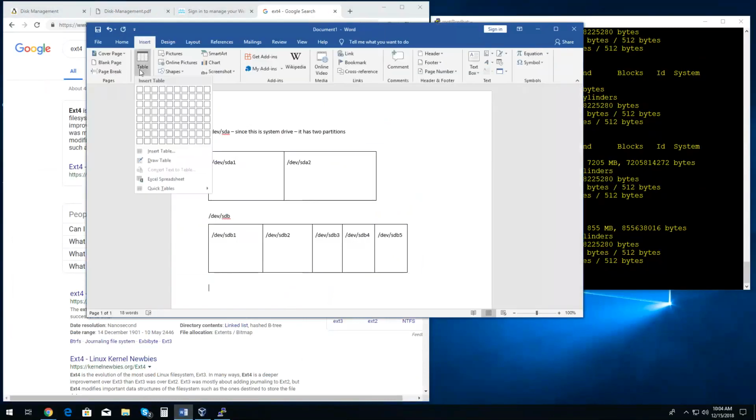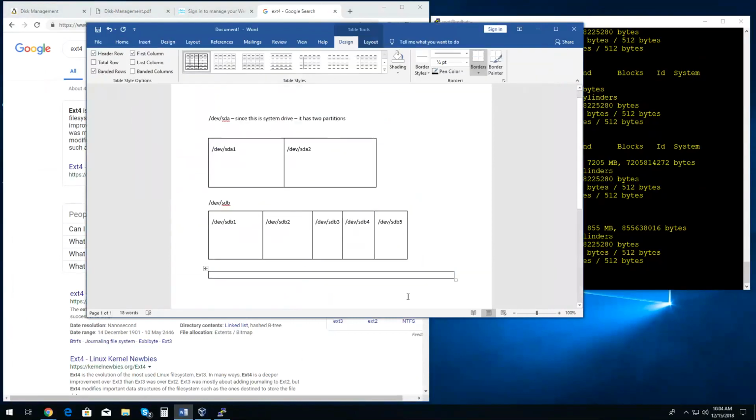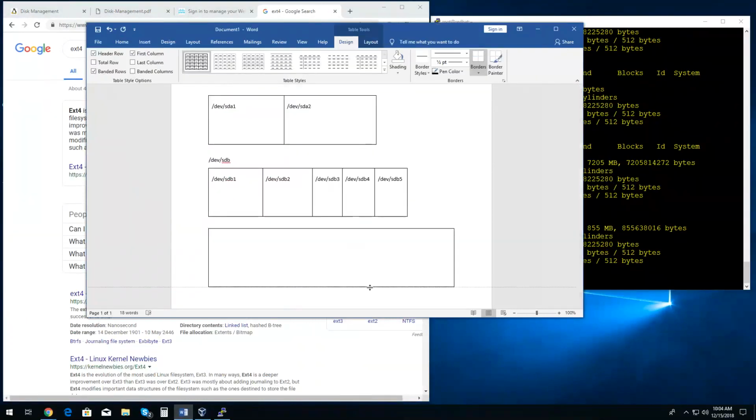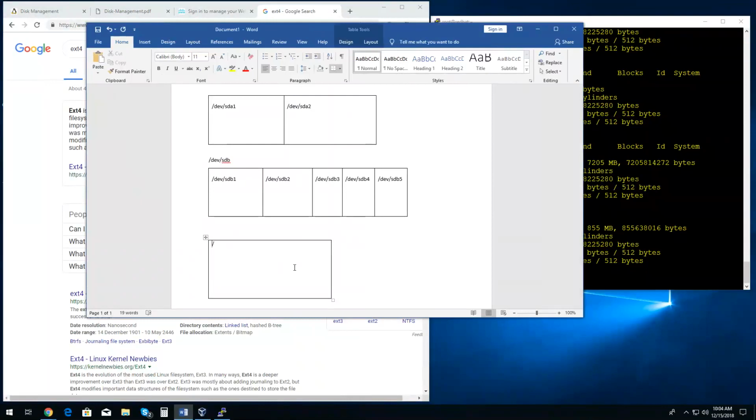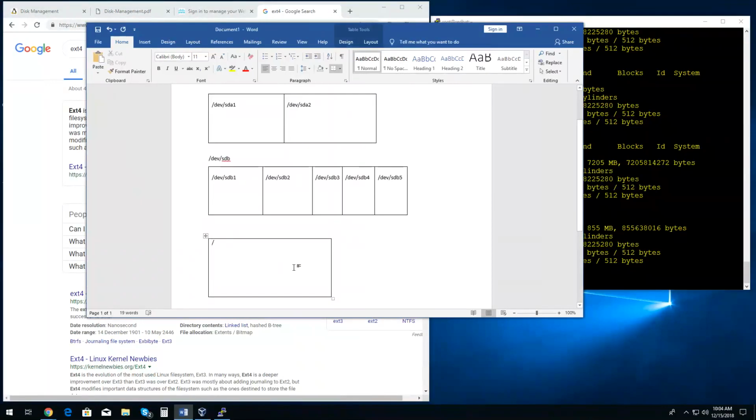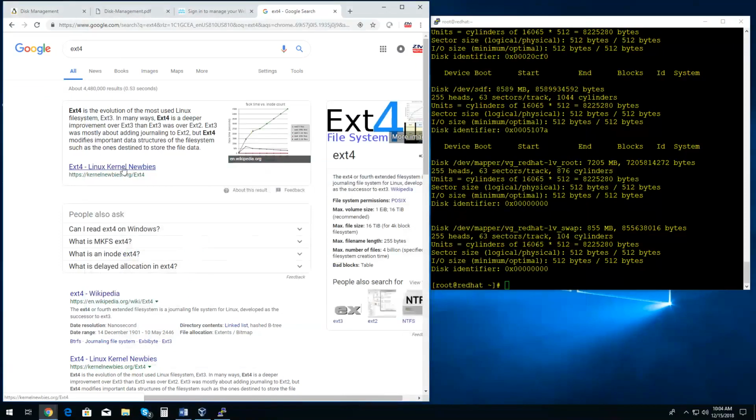There is no recognition between the raw drive and the partition. This entire thing is SDC1, and the drive is SDC. Exactly. Okay. So ext4 is